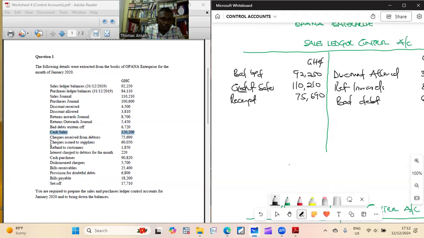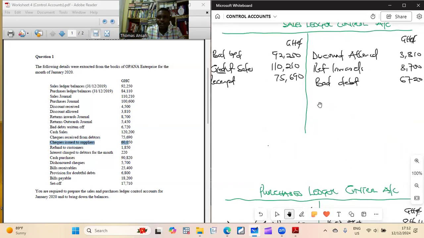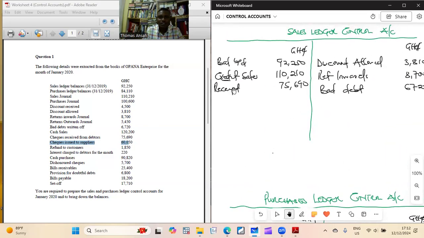75,690. We also issue a check to the supplier to reduce our figure. So that is a payment, which is by a bank, the check. So that one is 60,050. Guess what? We had to refund to the customer. Now, if we are refunding to the customer, what does it mean? It means probably the money that they paid us here